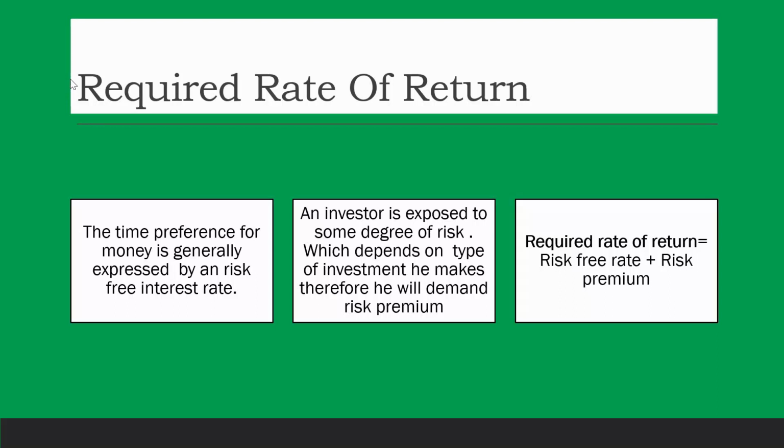First of all, you should get at least the return which is equal to the risk-free return. If the government bond is offering you close to about 7% return, that return you must earn. If the risk premium is more, you're going to get more return because you're investing into risky assets. So it should compensate you above the risk-free rate. So your total rate of return should be risk-free rate plus the risk premium, depending upon which asset you are